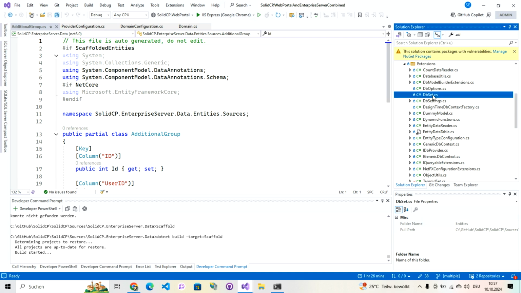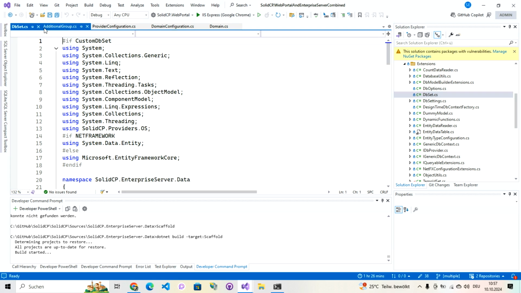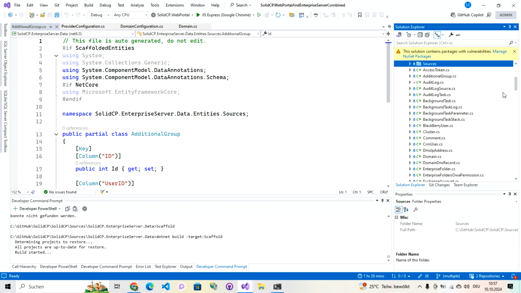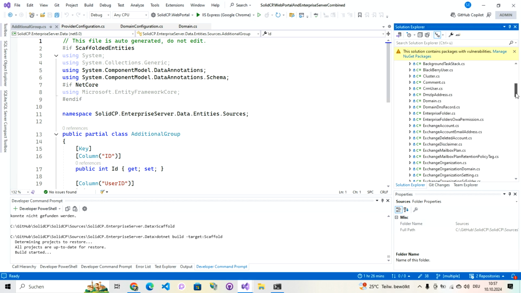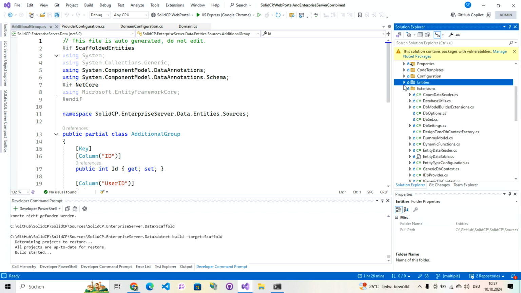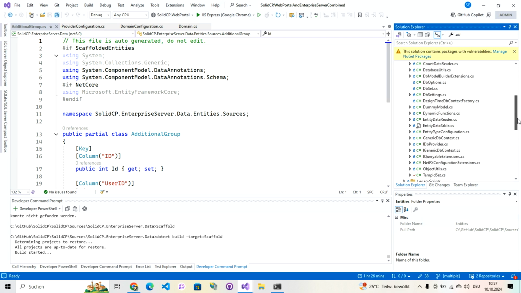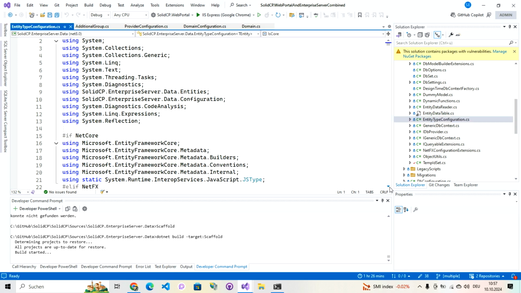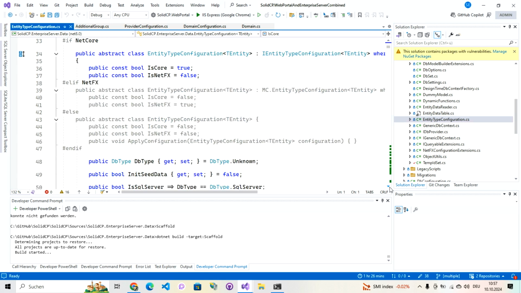For example, no, this is nothing we use. This is not compiled. We have some extension methods for the configuration classes. Where are the extensions? Here, entity type configuration. This is a quite huge extension, and we have implemented this class